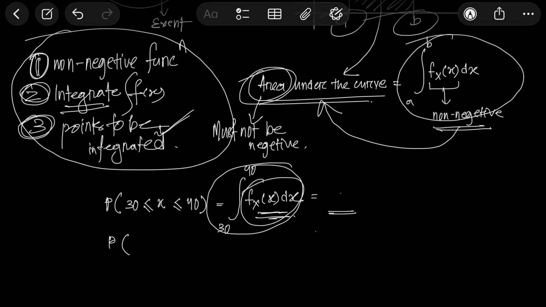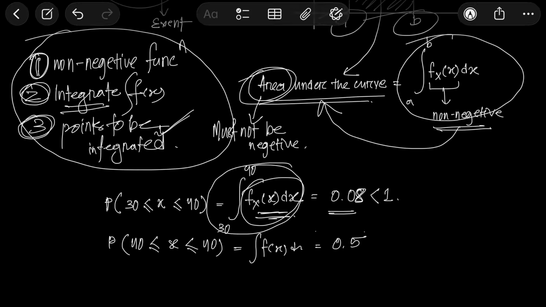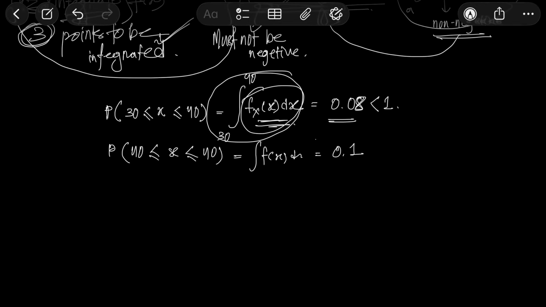If this probability is very less, suppose 0.08, okay, this is very less, then they will calculate 40 to 50. They will again put that value in the function and check, and this probability came as suppose 0.1. Okay, they will further check the speed limit. They will increase the speed limit by, suppose, 60 to 80,